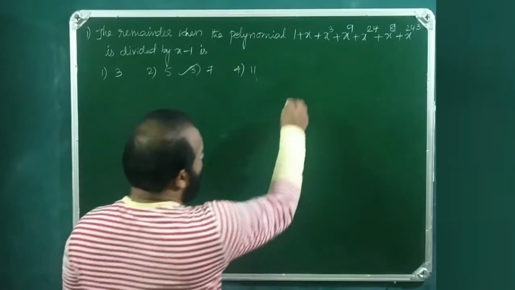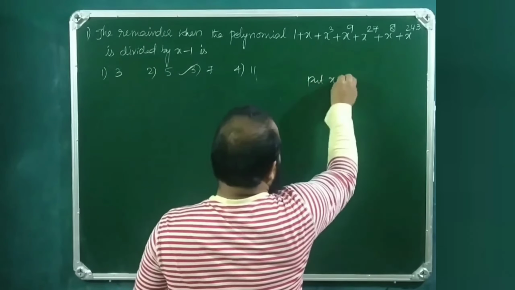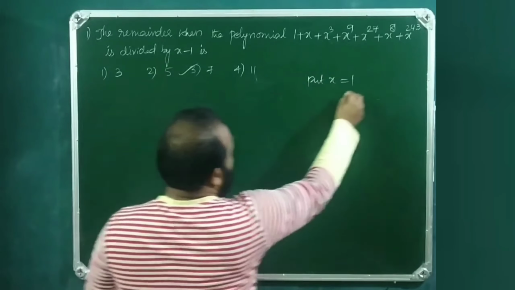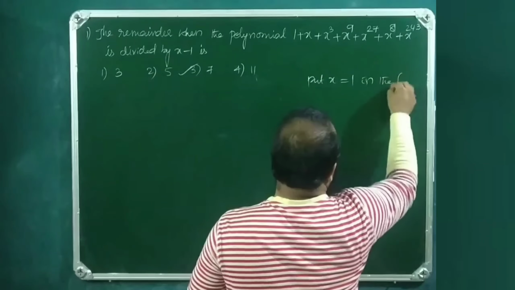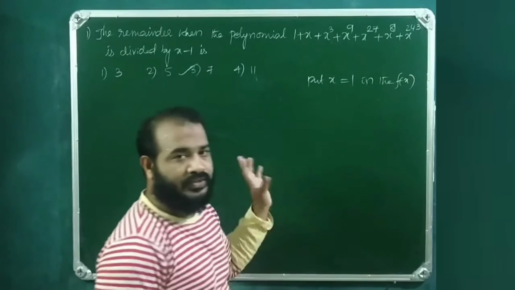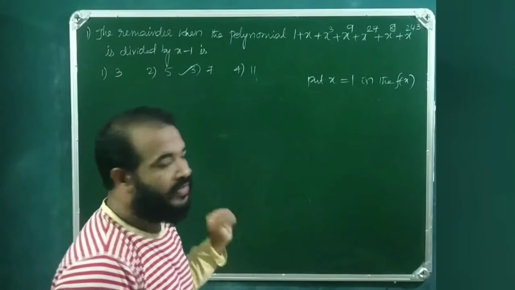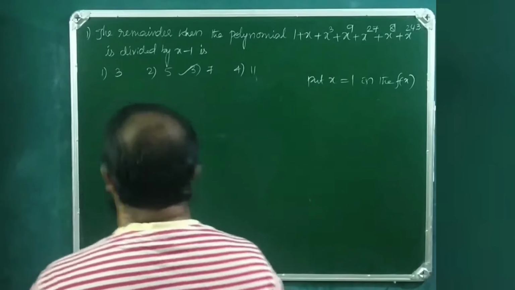All that we need to do is put x equals 1 in the given polynomial f of x. So this is what we have to do. So the next one is